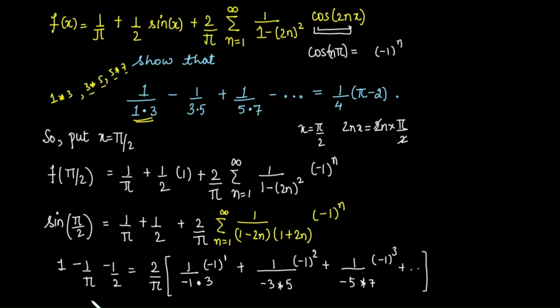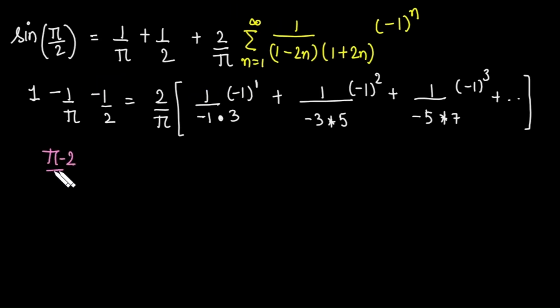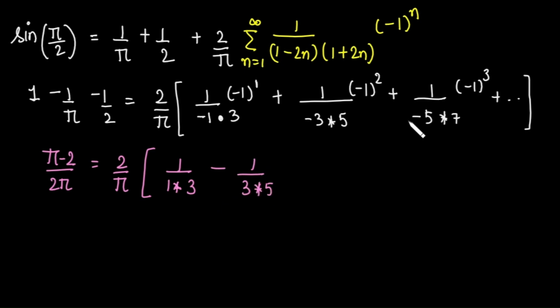So this term is equal to pi minus 2 upon 2 pi, that is equal to 2 pi into, this negative sign gets cancelled with this one. So we have 1 upon 1 into 3, and here we have positive sign and here we have negative sign. So overall answer is a negative of 1 upon 3 into 5. Here we have a negative sign and even here we have a negative sign. So overall answer is a positive times 1 upon 5 into 7,